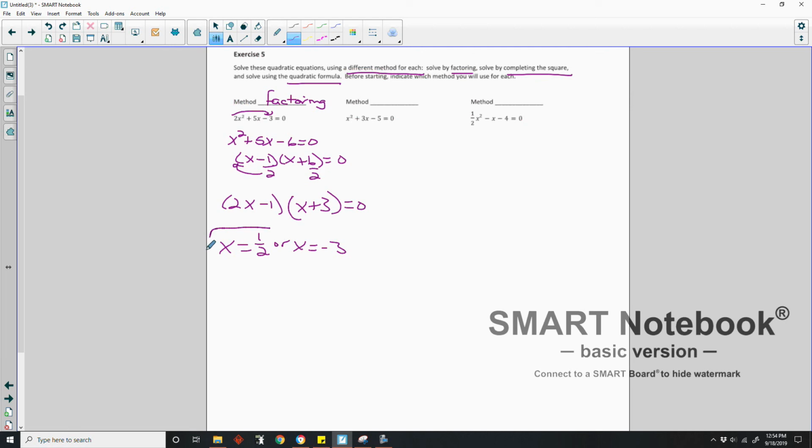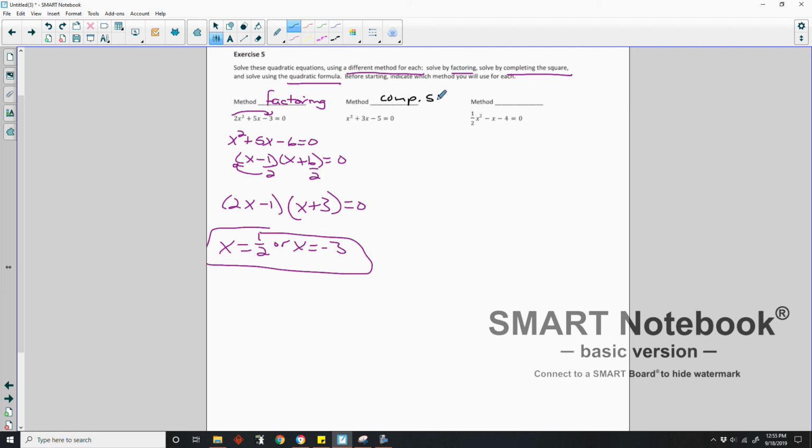Okay, so that is this one. All right, number 2. What method are we going to use? How about the quadratic formula? No. I'd rather do completing the square on this one. I don't like completing the square when I have a fraction out in front. I don't like factoring out that fraction. It's just a personal thing, so I'm going to solve this one by